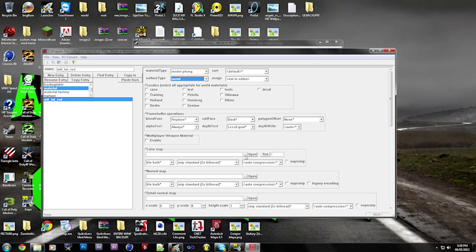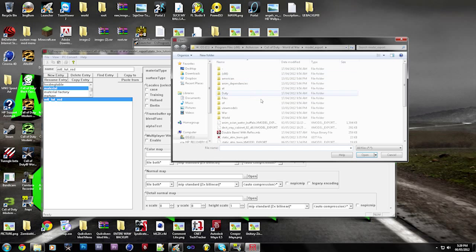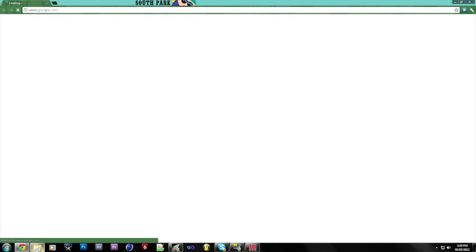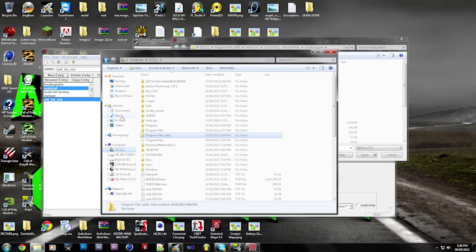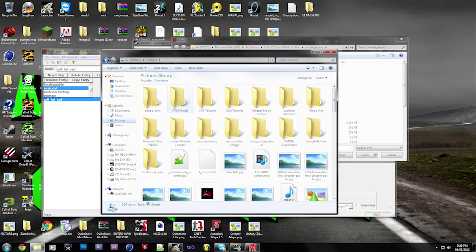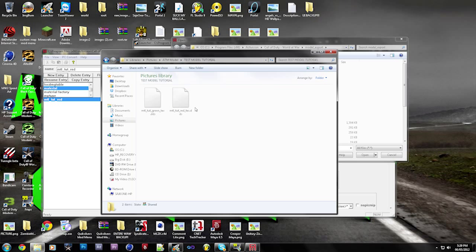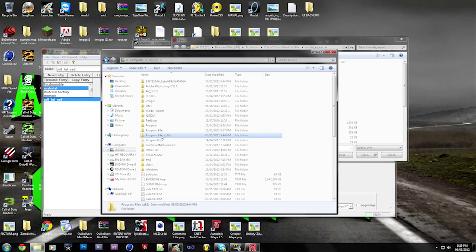Go to color map and click three dots, and then we're going to go, actually I missed something. We're going to go to where we exported our textures, the textures themselves. So I put them in the test tutorial model folder. So you see these two DDS files, these are the actual textures. So I'm going to copy them by pressing Control C or right clicking and going to copy, and then go to my root folder, Call of Duty World at War, and then I'm going to go to raw and then